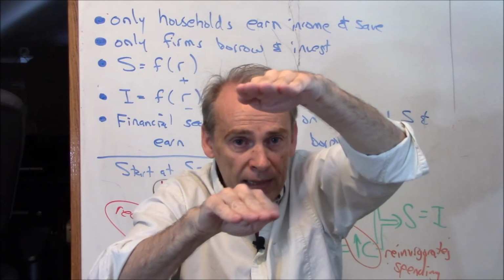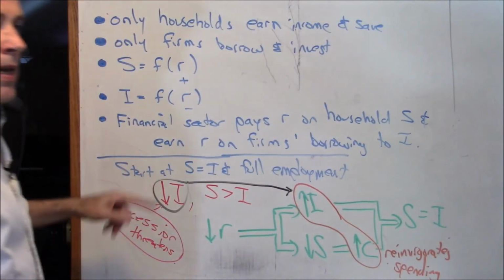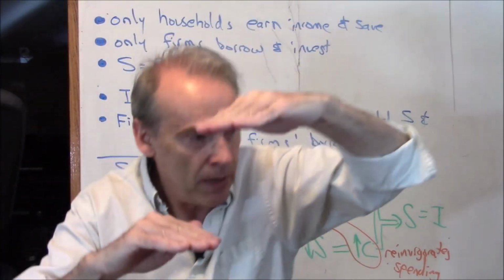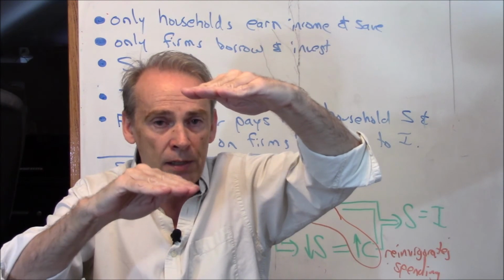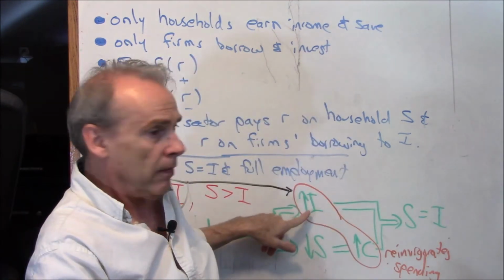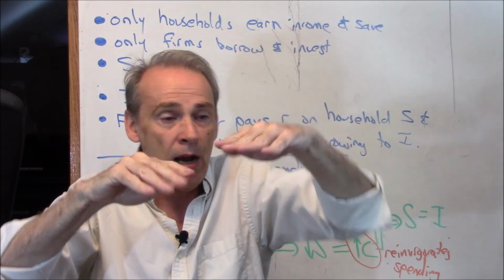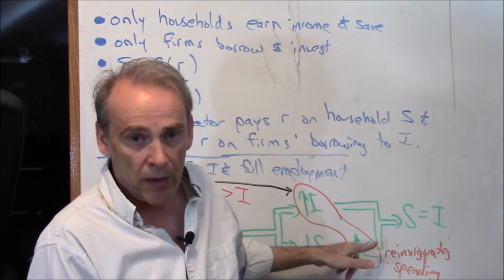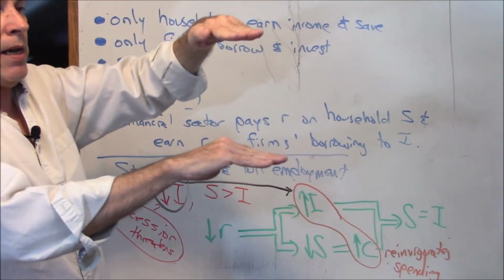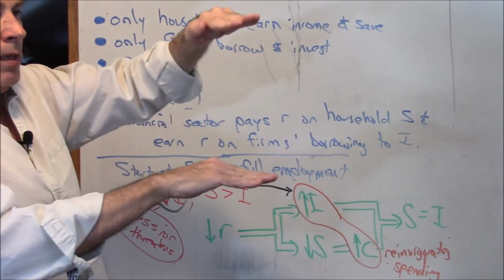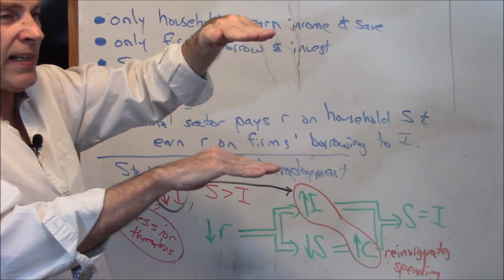But however big that gap is, and that gap is this, when I lower the interest rate, it's going to cause investment to come back up, and savings to come down, which is the same thing as saying consumption going up, right? So, yes, absolutely. If the gap is initially this big, if the fall in investment is this big, then absolutely the increase in investment and the increase in consumption will be exactly that big.